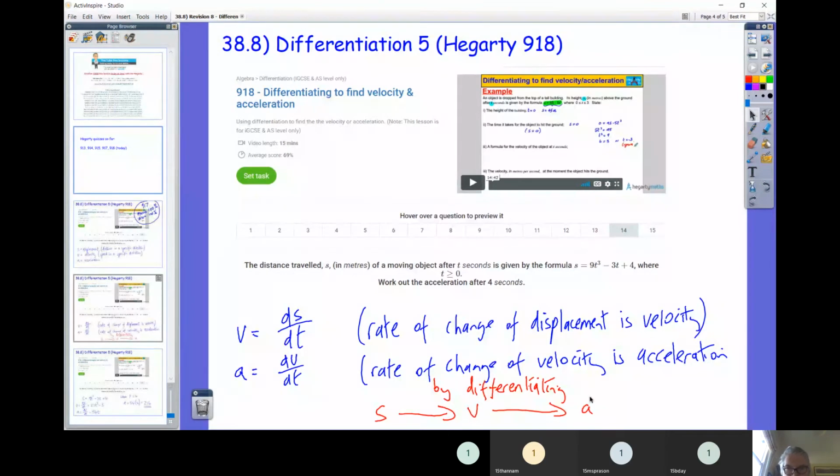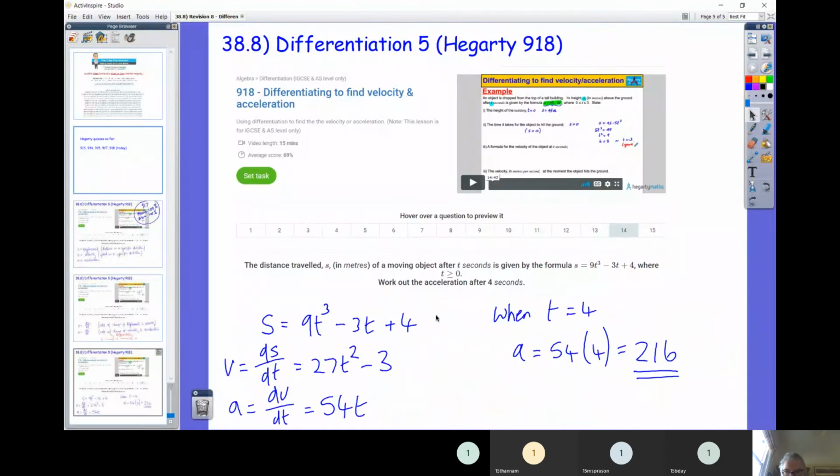Pretty much all the questions you're going to be doing today, Hegarty 918, will be like that. So I thought we would have a quick look at one of the harder ones, question number 14, and then I'll leave you to have a go at the quiz. They tell us the distance s in meters of a moving object after t seconds is given by the formula